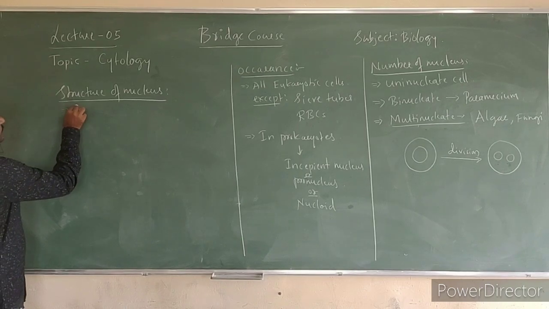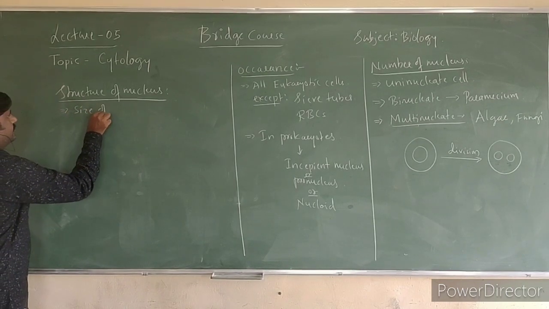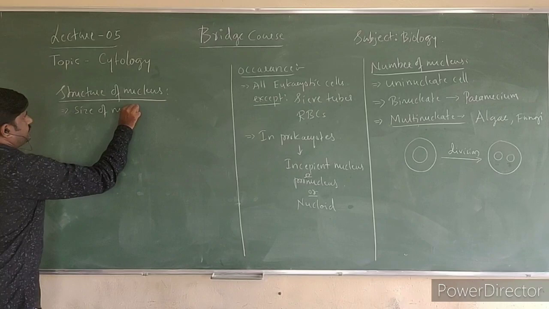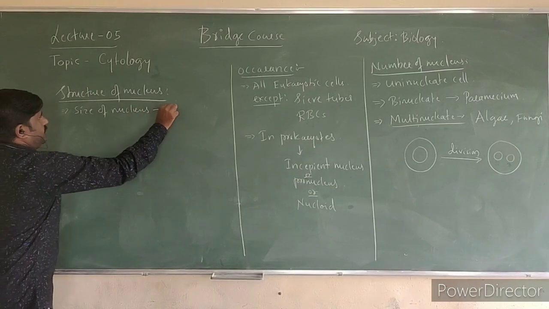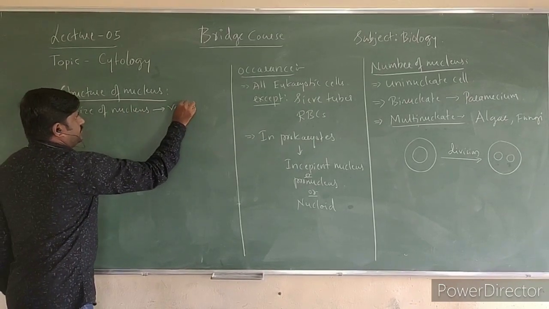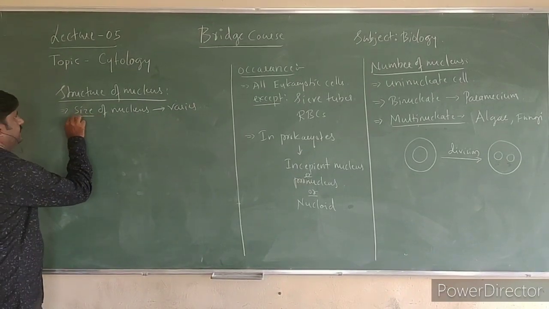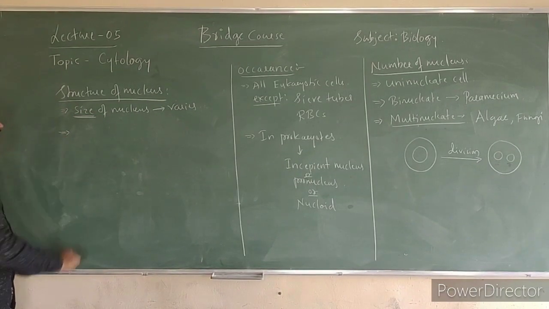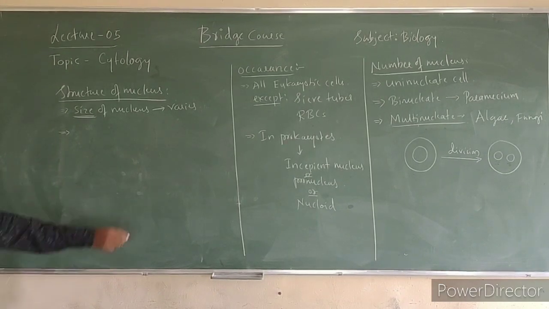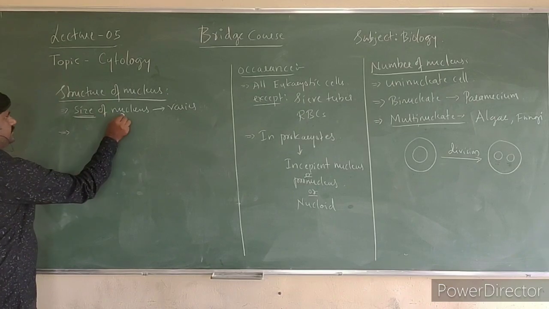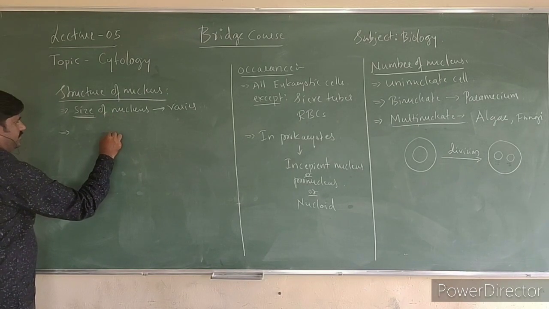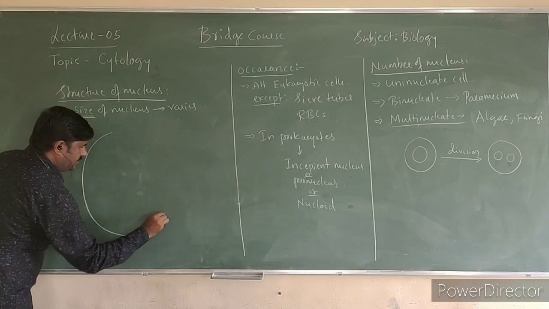Basically, let us start with the size of the nucleus. It varies from one cell to another cell. The size of the nucleus varies from one nucleus to another nucleus. Okay. So the structure of the nucleus, whenever we draw the diagram,